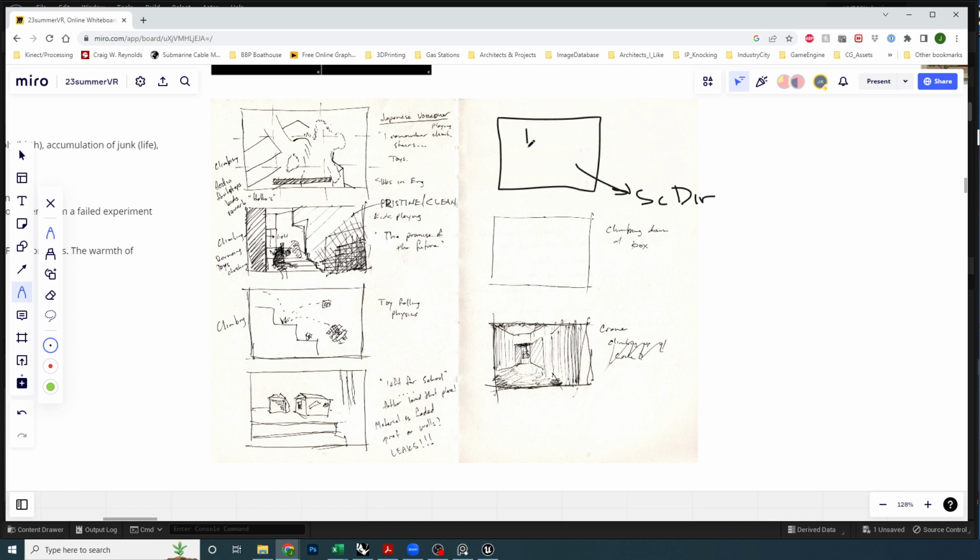But I want to be able to kind of look into these doors and then see that window and see, like, perspectively the interior, and there's just going to be a parallax effect as the scene slides to